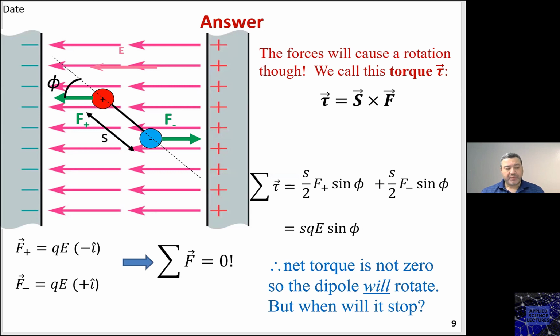Okay, so we understood what the forces were doing. We understood that the dipole moment will need to align with the electric field, with this uniform electric field. Now introduce what's called the torque that you have seen earlier. The torque here is the product between the displacement vector. Remember the displacement vector pointing from the negative toward the positive, S, cross